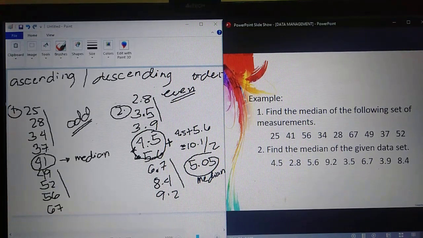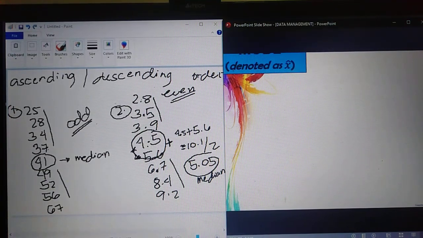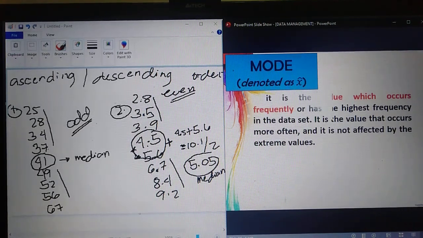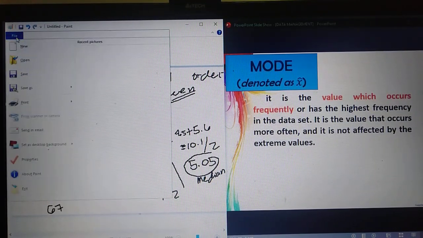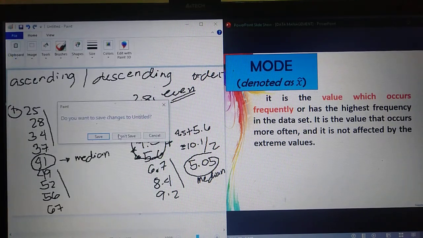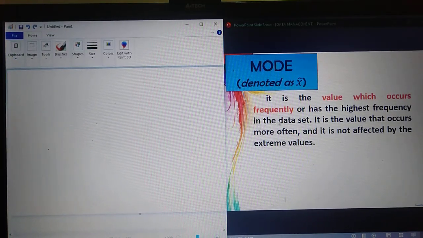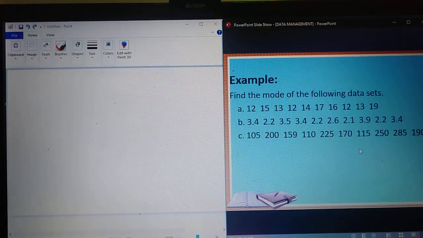Next, we have also the mode. Mode naman, it is the value which occurs frequently. Yung mas maraming ulit, yun yung mode. Yun lang yun. Yung mode, yung mas maraming ulit. So kung anong number ang pinakamaraming na ulit, that is the mode. Okay, for example, number